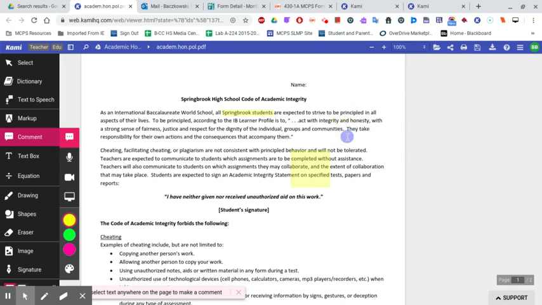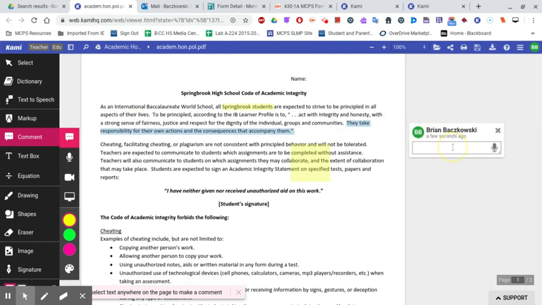You would highlight it. And then over here, I would ask my question or put in my clarifying comment of what I'm looking for is, what is the author saying here? Whatever it happened to be. Notice that you have voice typing, so if you're a slow typer or your students are slow typers, they can just click on that and it will do